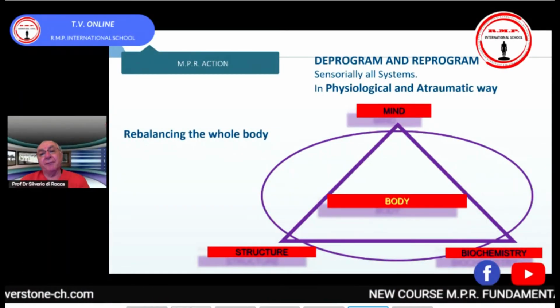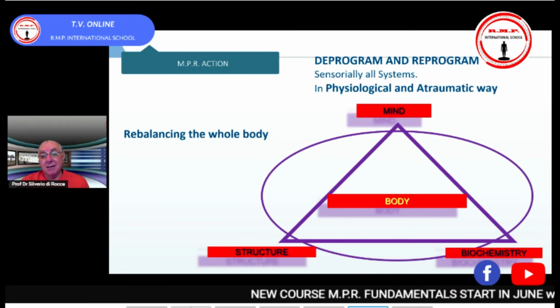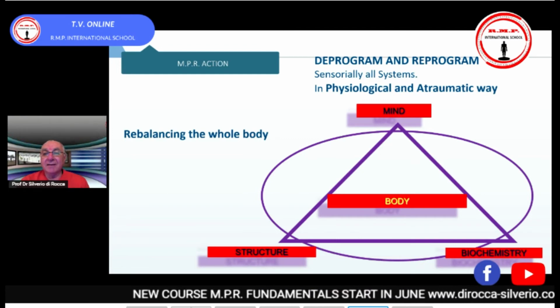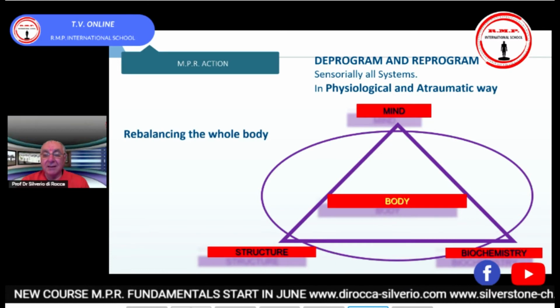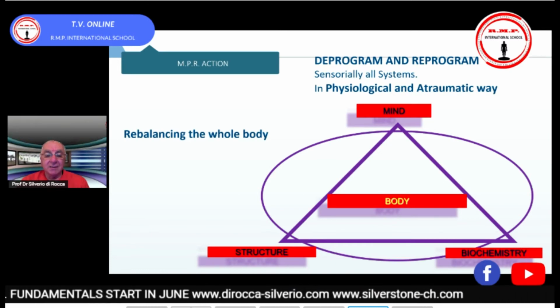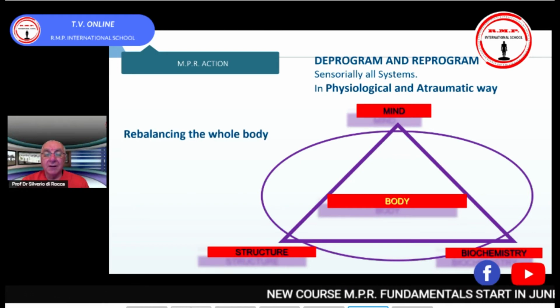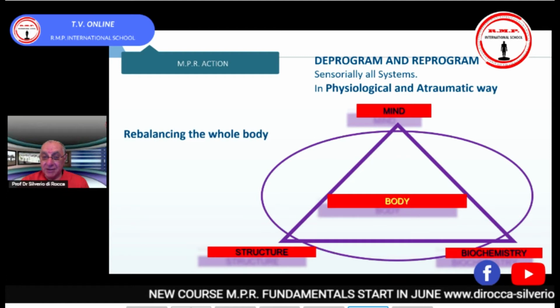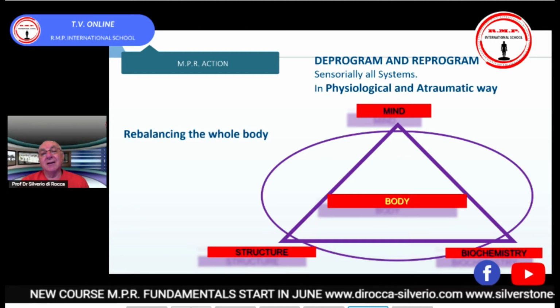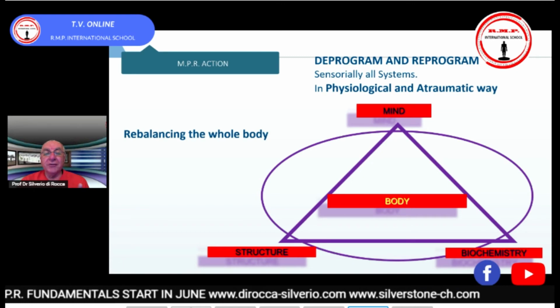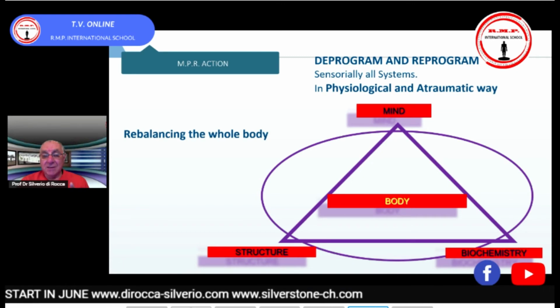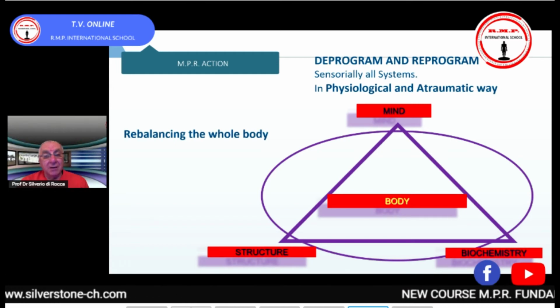And the concept of M.P.R is to obtain a balance in the triangle of health. That means the mind, the structure, and the biochemistry. If we obtain this, rebalance the whole body, we will obtain a good rehabilitation. And we will do that using the deprogramming of the systems to obtain a good physical rehabilitation, and then to